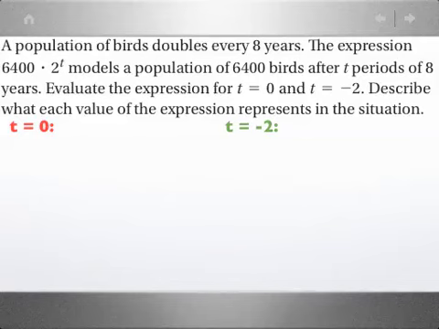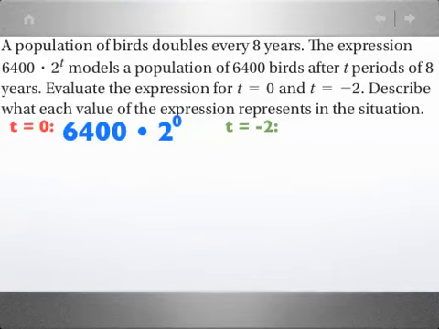Because t is the period of 8 years, t being equal to 0 is going to mean that 0 periods of 8 years have passed. So think to yourself, what do you think that would mean for the bird population? If 8 years have not passed yet, what's going to happen to the number of birds, considering it doubles every 8 years? So go ahead and plug in 0 for t, which would be 6,400 times 2 to the 0